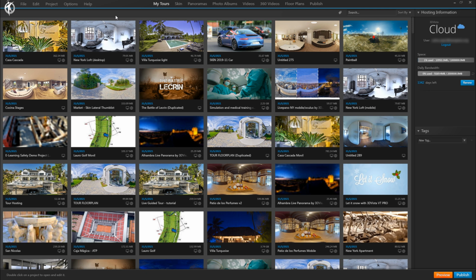of tours. For instance, we could assign tags according to the type of tour. So for this one, real estate. This one too. And this one too.